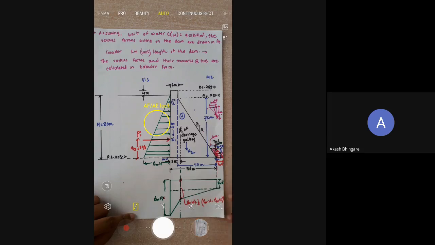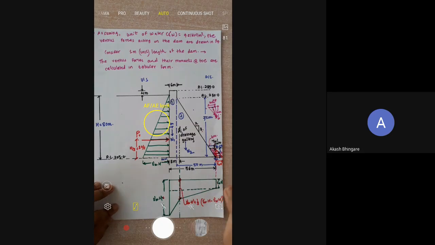Fine. Now as this is an irregular geometry, we cannot directly work out the total area of this figure. So conveniently we can divide it into a number of convenient rectangular and triangular portions, so that for each part we can take the moment about the toe, so that the calculation of distances and accordingly the calculation of moment will be easier. So we will divide this first figure. I will draw it with a red line.